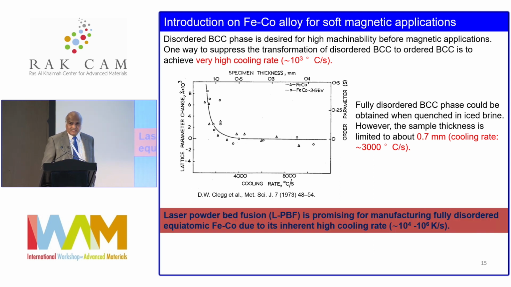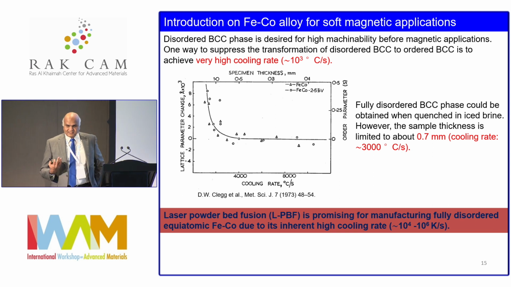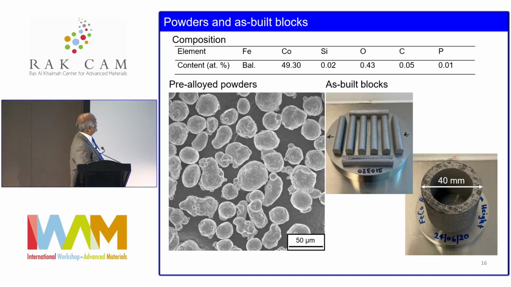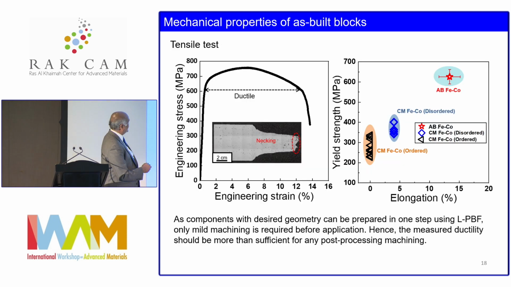Okay, so here we thought, I have this intrinsically faster cooling rate that is available to me in laser powder bed fusion, right? Can I exploit that? So we took this nearly equiatomic iron-cobalt alloy, and these are the powders, okay? And then we actually printed, you can see these are not 0.7 millimeter thick ones, but fairly large samples. And then we looked at the microstructures. The microstructures are typical of